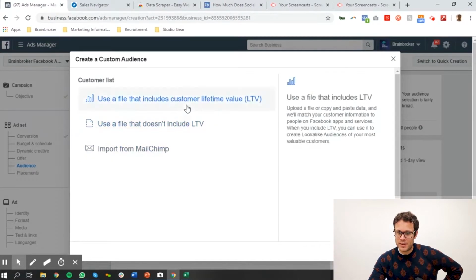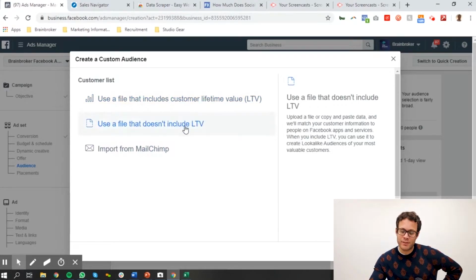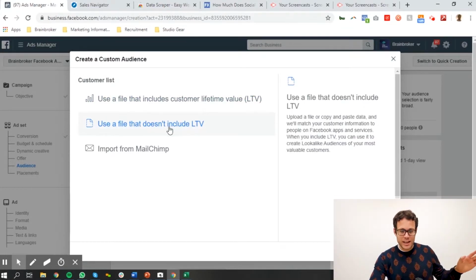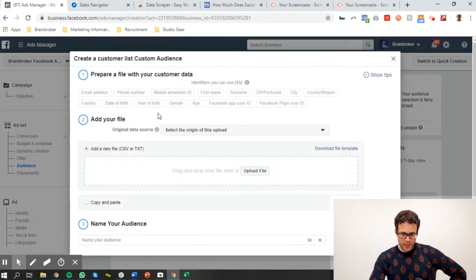Now, there's also another thing with LTV. If you happen to know your customer lifetime value, and I've covered customer lifetime value in my other videos, if you know what a customer is worth to you, so you know that you have A clients, B clients, and C clients, whom all represent different revenue, you could add that as one of the data columns so that when Facebook starts creating lookalike audiences, which we'll get to in a minute, it can actually use that data to prioritize who look more like your ideal clients rather than the less important or less valuable ones to you. In this case, we're doing it simple. We don't have LTV. We don't know what each customer is worth to us. We don't have that data to hand. Very not necessary.